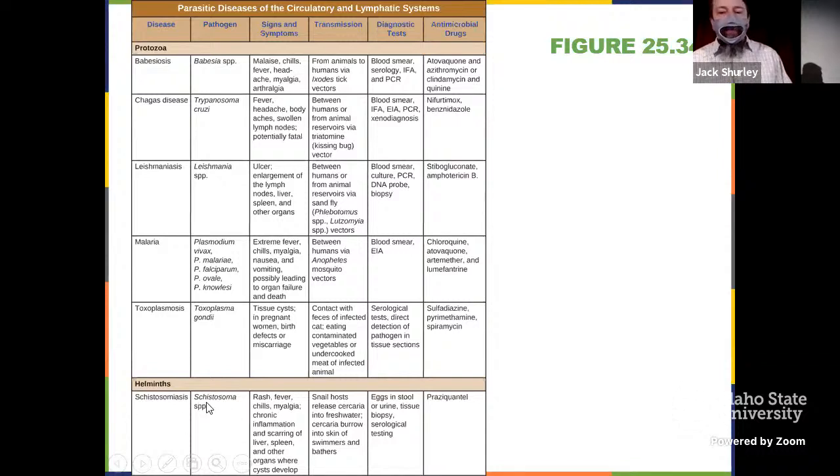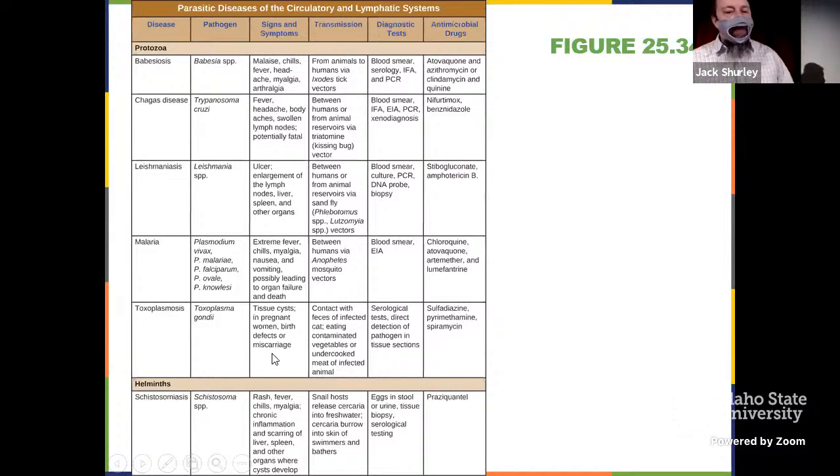So that's impressive in and of itself. I guess we'll move backwards since we started at the bottom. We'll go up this way. Toxoplasmosis, where we started lecture this morning, Toxoplasma gondii, and its tissue cysts that we can potentially see in us,